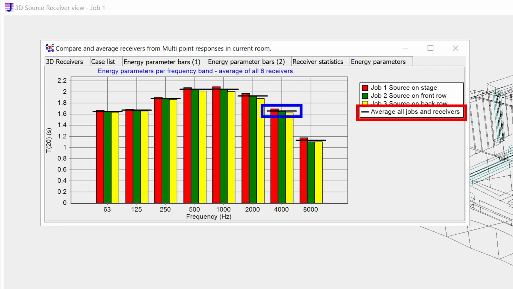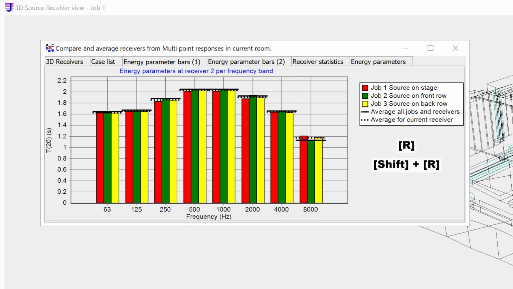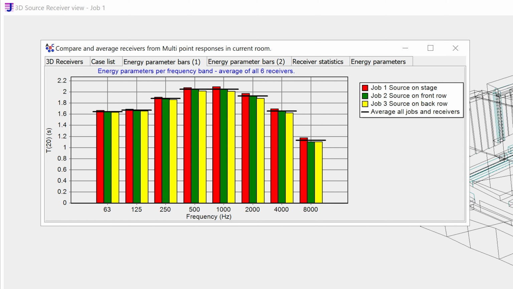The black line then shows the average of all jobs at that octave band. However, you can scroll through receivers with R and Shift R. And as usual across the software, you can scroll through parameters with the left and right arrows.